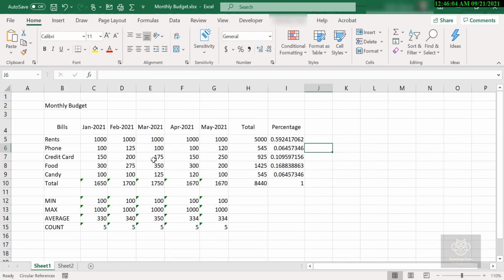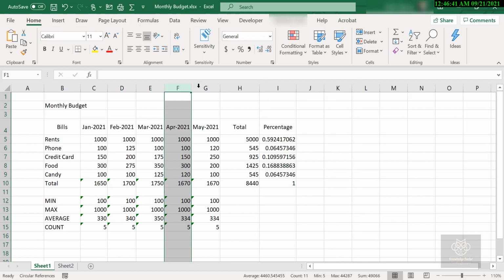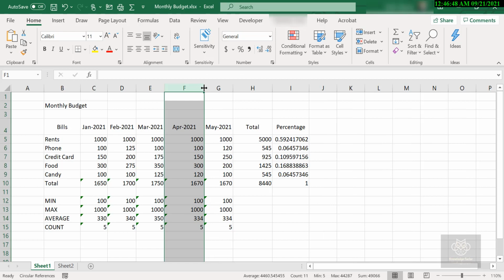What do you think of that one? Right? I shrink something else up here, double click, find the largest value. Let's see. These are all looking pretty, but this one, it can actually shrink, right? Total is much smaller. These are all much smaller. So if I double click in between F and G, it will find the largest value and fit to that. Now I say I don't really like that. I'm going to bring it back out again. I like white space. If stuff is too crowded next to each other, it becomes hard to read. But you got a shortcut there.